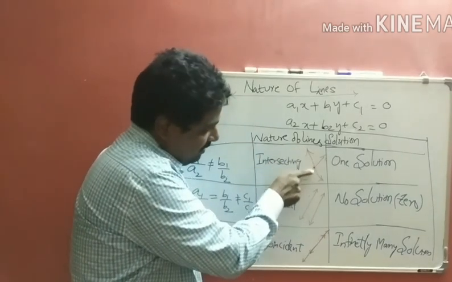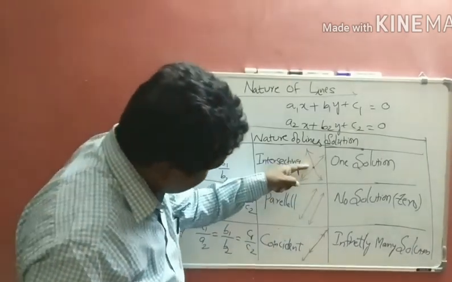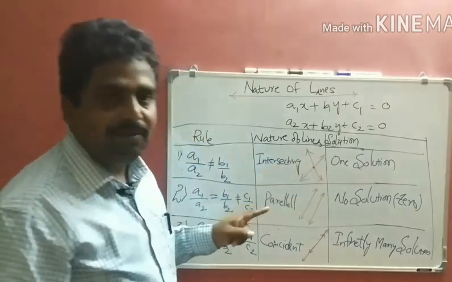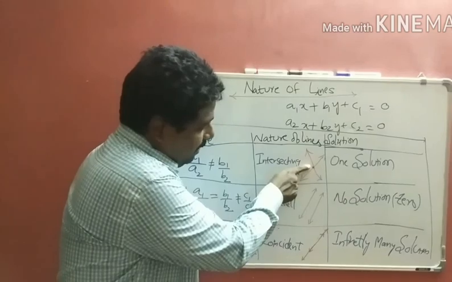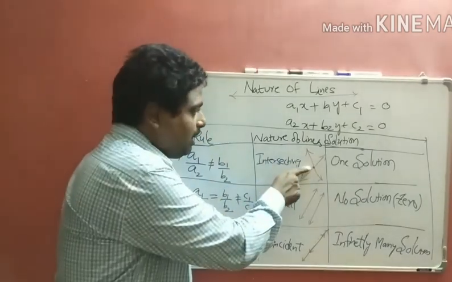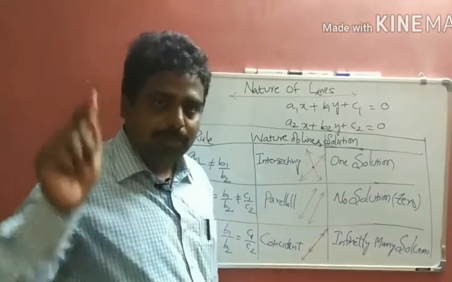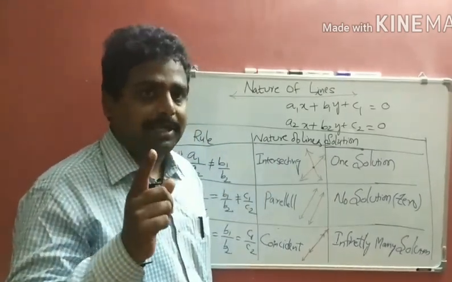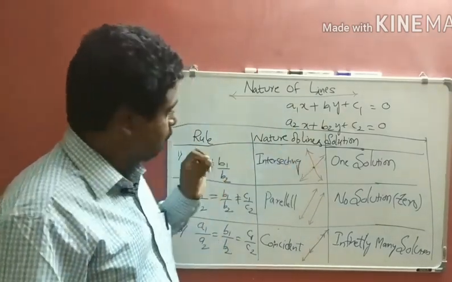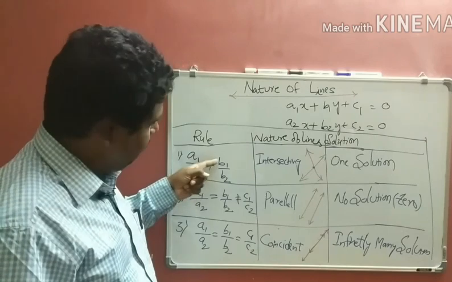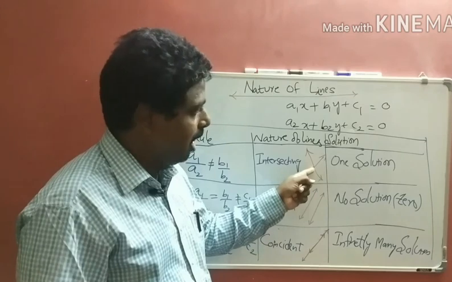Lines are in this form, intersecting. You see, this is the first line, this is the second line. Both are intersecting here. By intersecting, how many common points do the two lines get? Yes, only one. So the common point is only one. That common point is called the solution of the linear equation. That common point should be in the form (x, y). So the value of x we get here, the value of y we get here. So a1/a2 not equal to b1/b2 means the lines are intersecting and there exists only one common point. That common point is the solution.